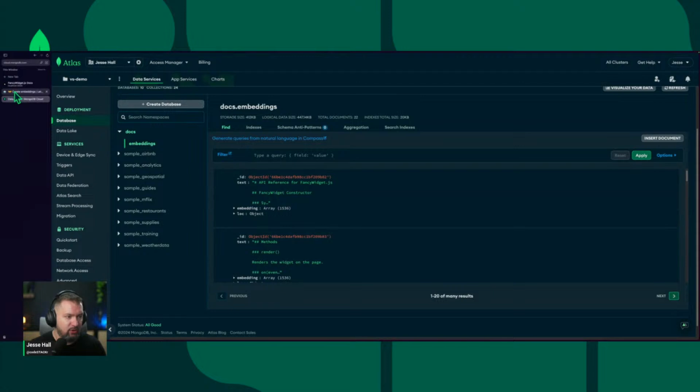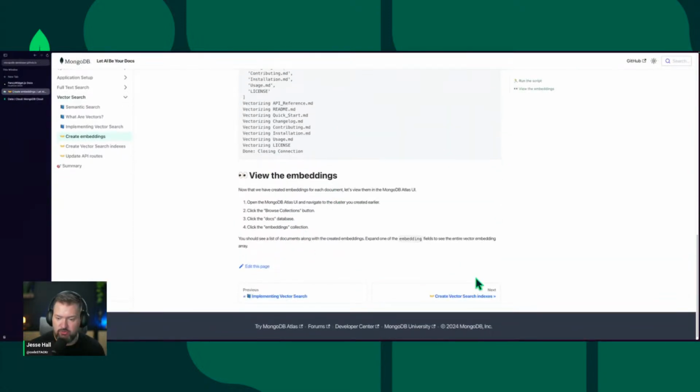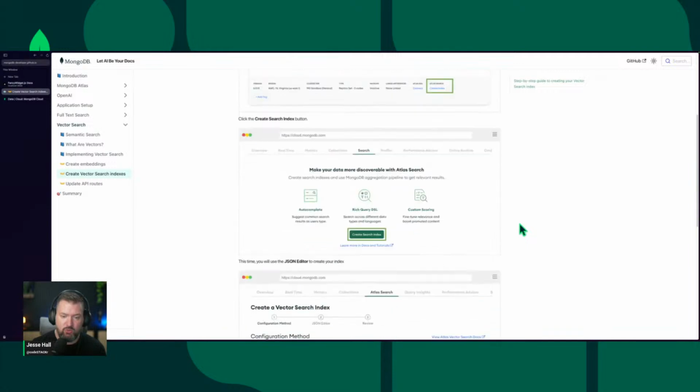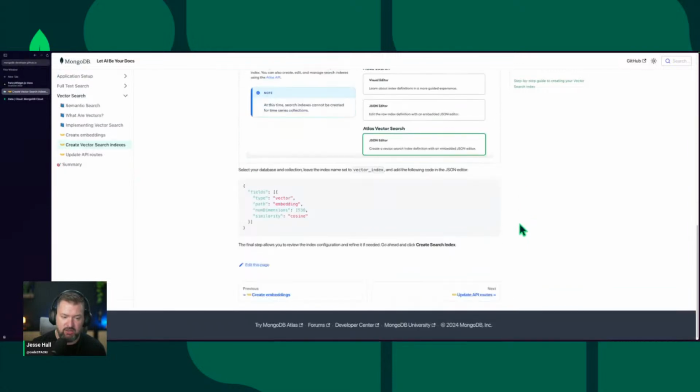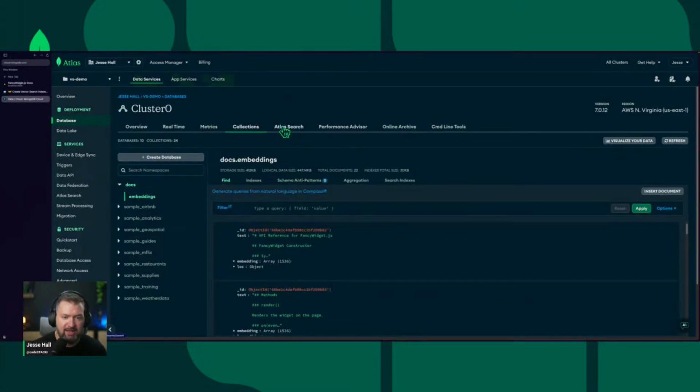And so let's go over to our workshop. So we ran the script. We looked at the embeddings. So the next thing that we need to do is create a vector search index. This will allow us to define how we're going to use these embeddings, these vectors, during search. So the key thing that we need here is this. So I'll just go ahead and copy that. And let's go over to MongoDB Atlas again. And if we go up here to Atlas Search,